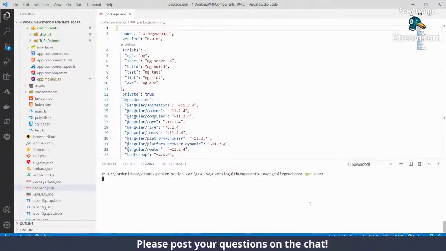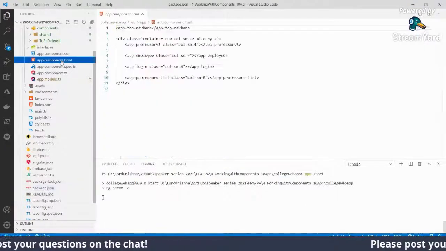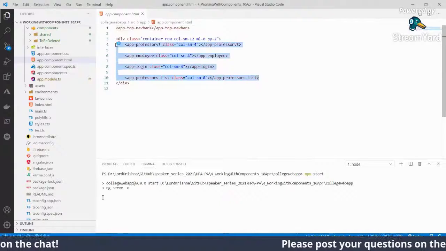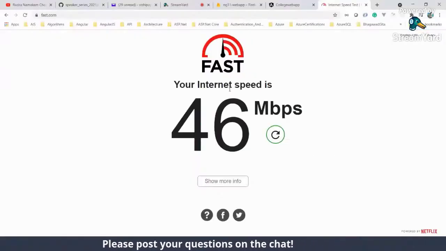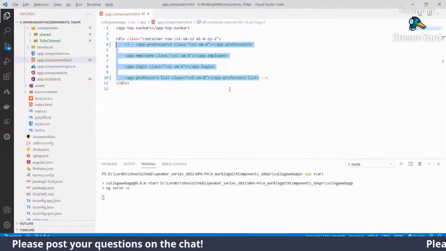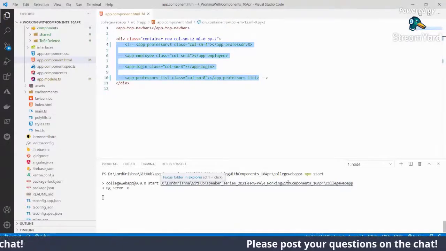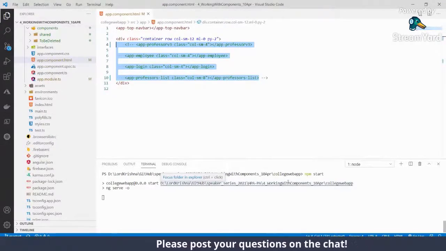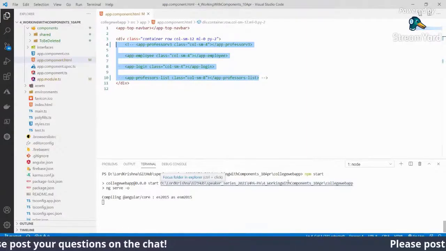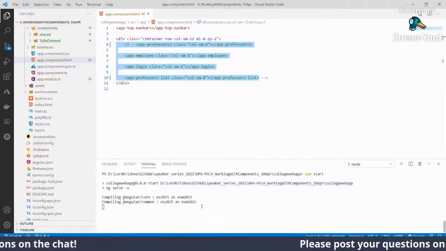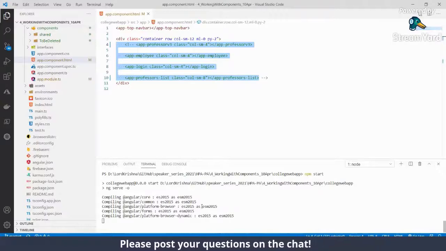So now I do npm start. Let's see what do we have at this point of time. We will not use any of those things. I will close it, and let's see that once it builds, it should show only the top navbar and a plain background. That's it. It is compiling, and it will start any moment.